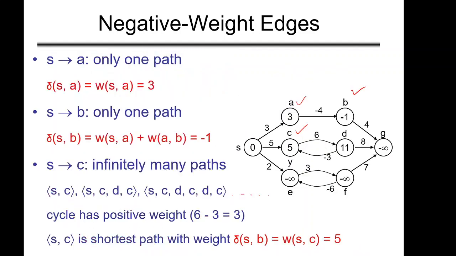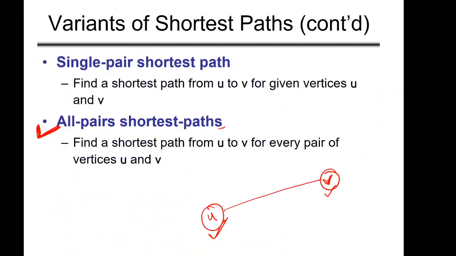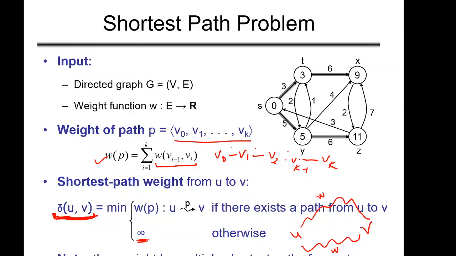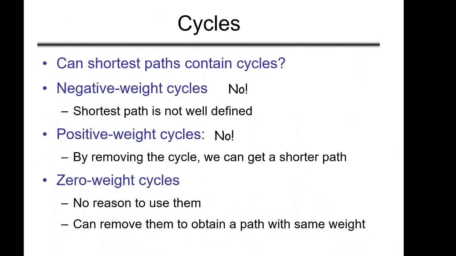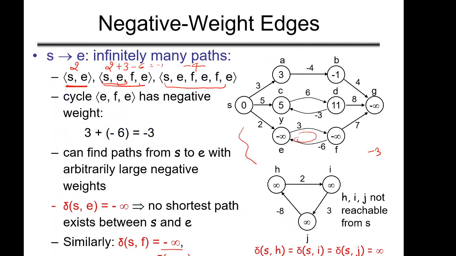So we have already covered this. If we don't find any path, we will say it is +infinity. Otherwise we will take the minimum weight. But if there is a negative cycle, that minimum is not well defined. Whatever weight I give you, you can always find a lesser weight. Therefore we will write -infinity if a negative cycle is reachable from S on the way to any node. If a node is not reachable from S, then we will put +infinity there. Otherwise we will put the actual shortest weight.